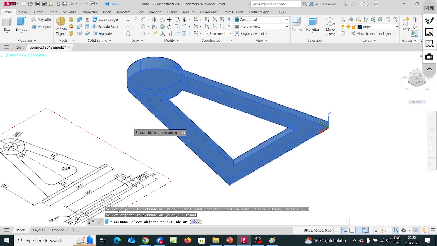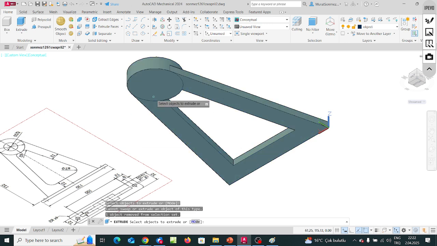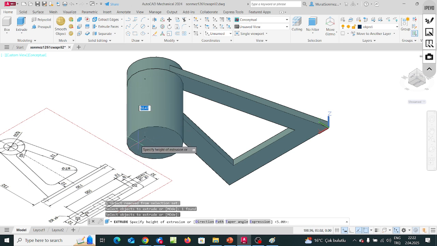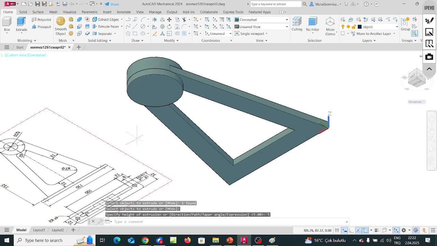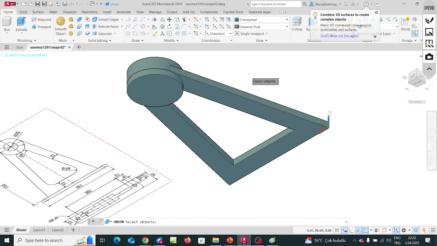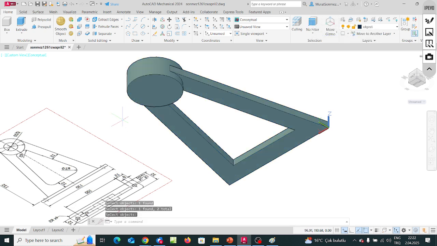Managed to indicate this circle. Press enter, and then in this direction the length of the cylinder is 5. Okay, similarly apply the unification process: indicate this part and indicate the newly created part. Press enter. Okay, then